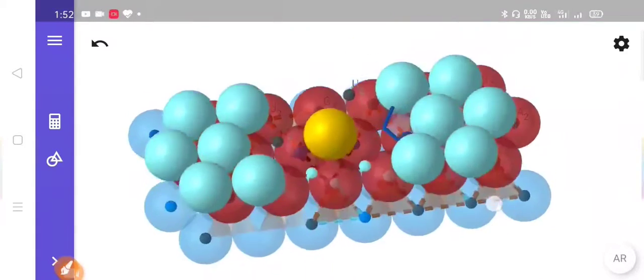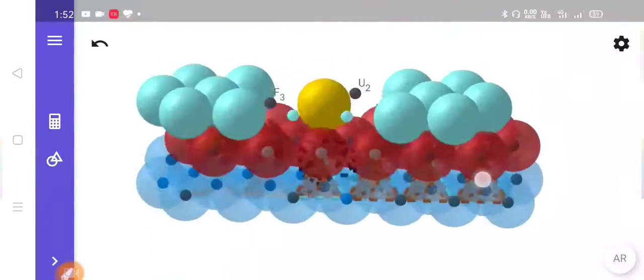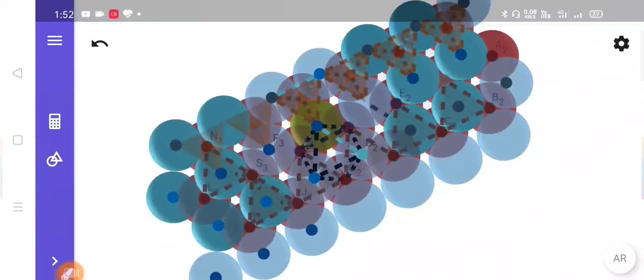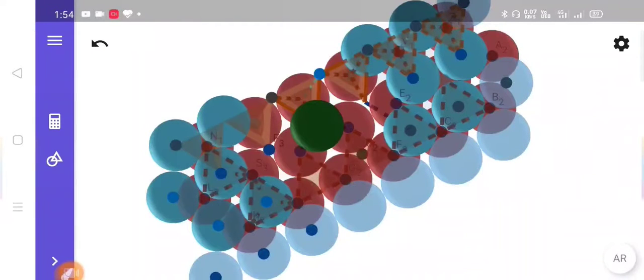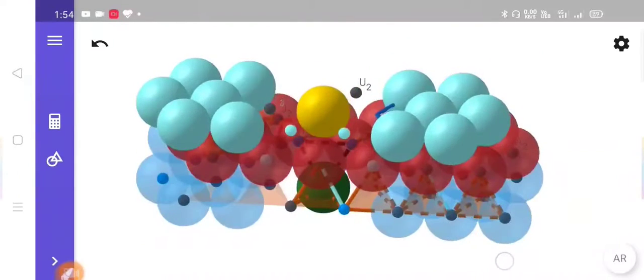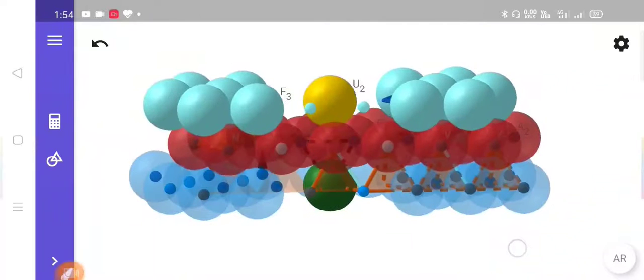Now let us talk about the bottom layer. So from the bottom layer, one sphere is in contact with these four spheres. So let us remove extra spheres from the bottom. So this highlighted sphere is in contact with the four spheres mentioned above. Now all the additional spheres are removed, and now we have a portion which is the covering of the tetrahedral void.